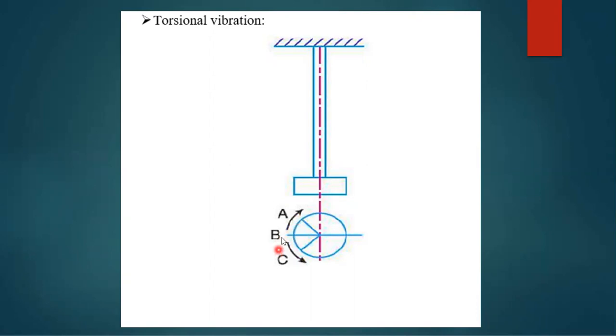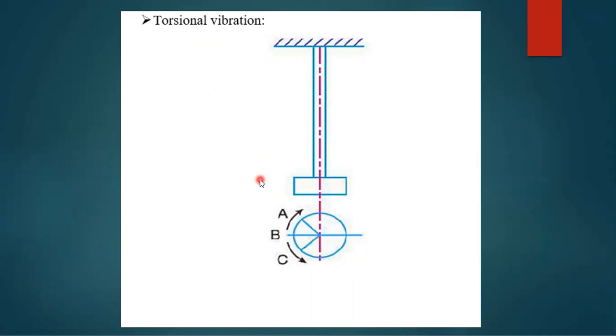So this to and fro motion will be happening here, and due to this twisting, there will be a twisting moment induced in the shaft. So this is what we're going to see in torsional vibration. In torsional vibration, when the vibrating particles of the shaft or a disc are moved in a circular direction about the axis of the shaft, we call it torsional vibration.